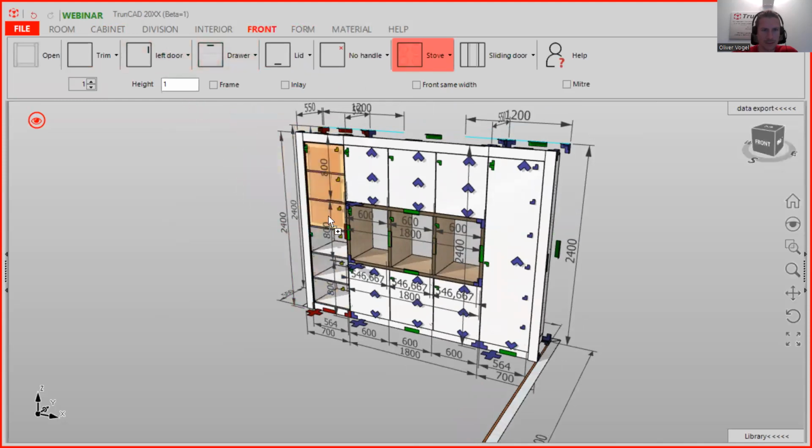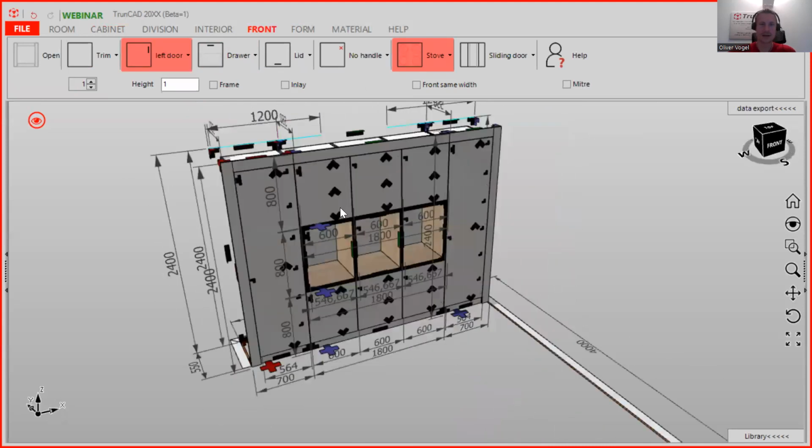And in the beginning where I showed you, I accidentally put it in 2 doors, but we want to have 1. So now we are done and we can continue with